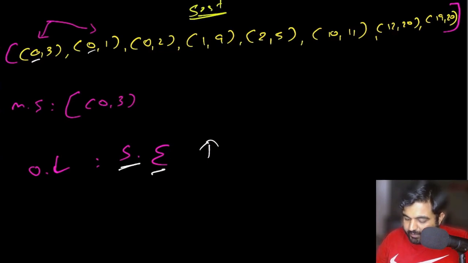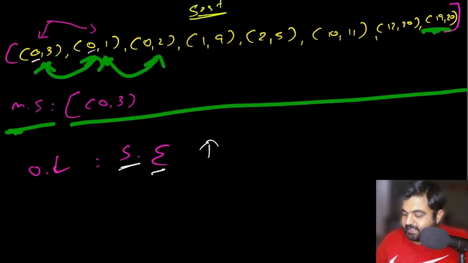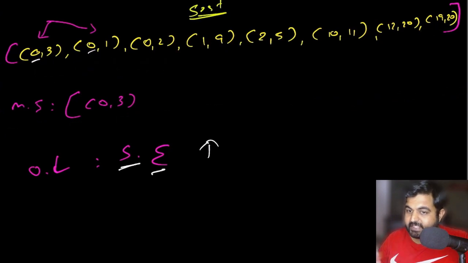If we keep on repeating the same process with all the elements that are next to each other, eventually when we reach the end, we will have a new array that does not contain any overlapping intervals, because we would have merged every single one of them. Let me quickly show you how we are going to do it. First we find 0, 3 and 0, 1, there is an overlap. Now, because there is an overlap, we will have to choose what we need to add.